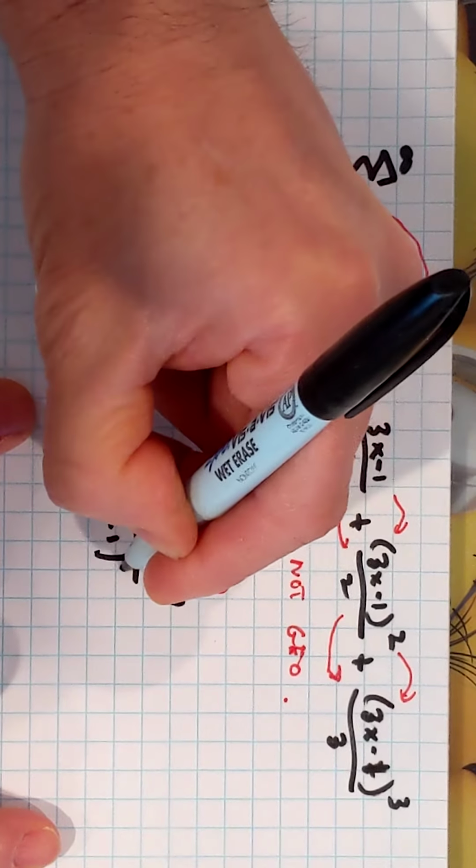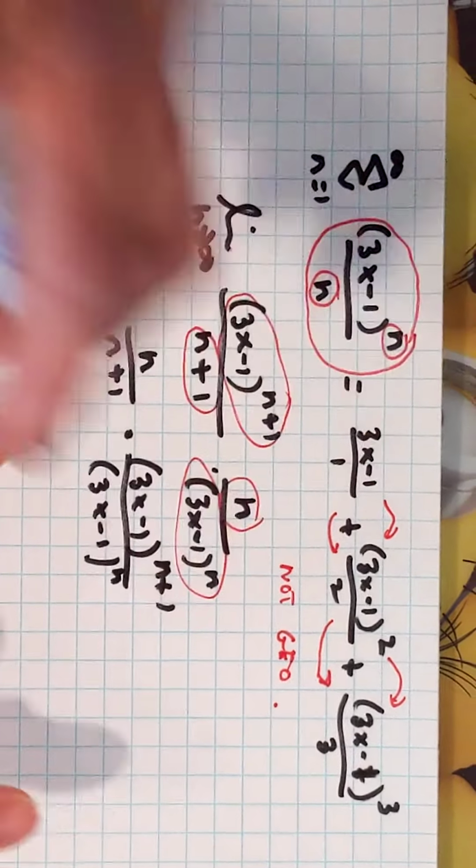3x minus 1 to the n. So I've got everything lined up. Now I'm going to take the limit, and I can take the limit of both these pieces separately. This part, L'Hopital's rule is going to apply. I get infinity over infinity, which is L'Hopital's rule. The derivative of the top and the bottom is 1. So 1 times